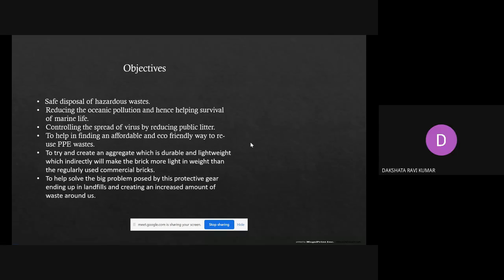So this project will help in protecting the marine life, and then controlling the spread of virus by reducing public litter. Again, if the masks are thrown here and there, the spread of the virus can increase. So this project will help in controlling the spread of the virus, and then to help in finding an affordable